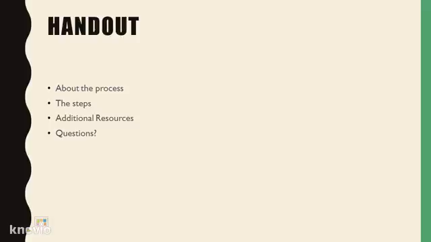Let's review the handout. The handout is to help you remember the Big Six process. It contains details about what the process is and then gives you information about each step. There is a small graphic by each step to help you remember the key point of it. For example,